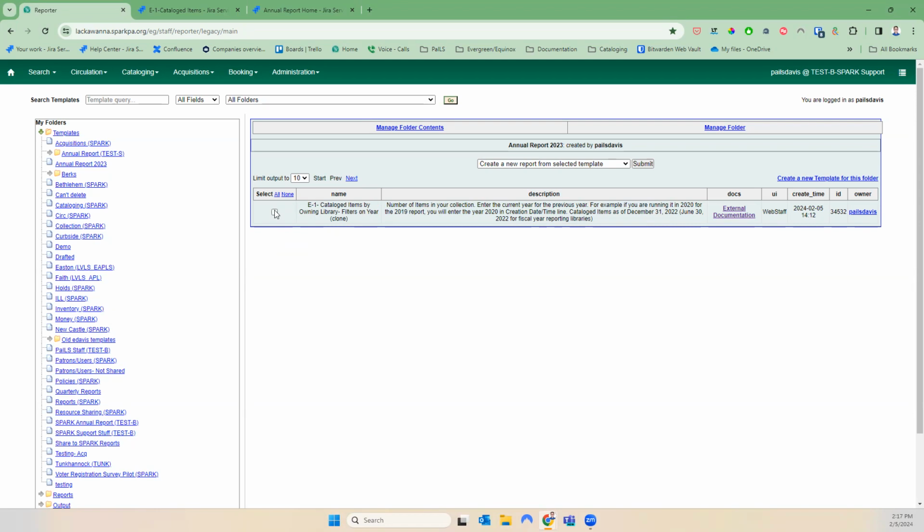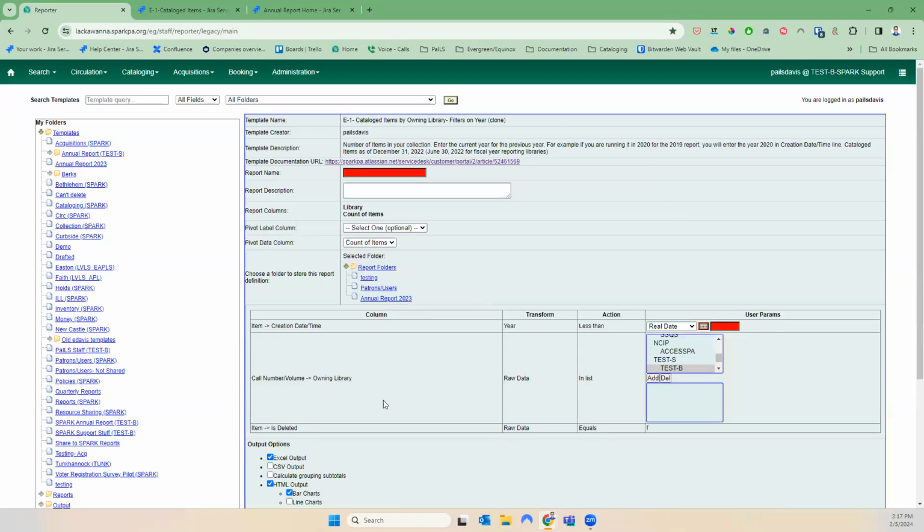So we're going to run our report. You're going to check the box next to the template that we're running. So we're going to do E1 and select create a new report from selected template, and then hit submit. What it'll do is load this screen. You'll see the name of the template at the top, the person who created it, which is me. It'll have my template description, including